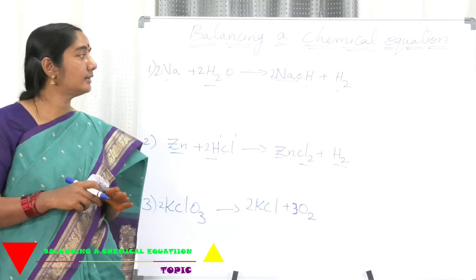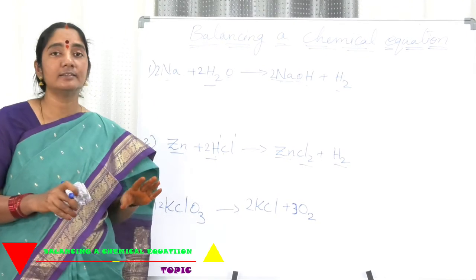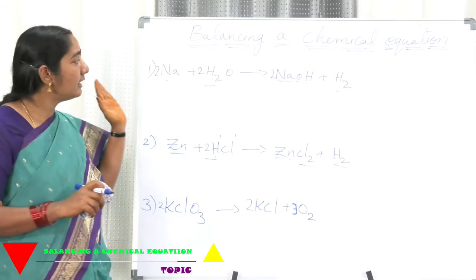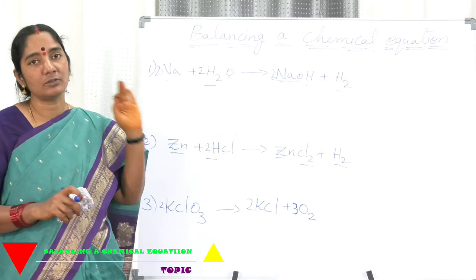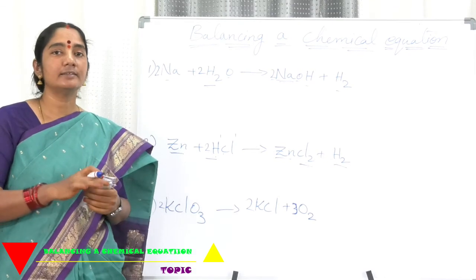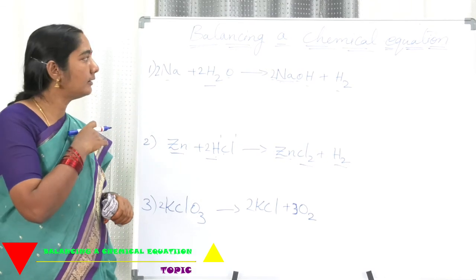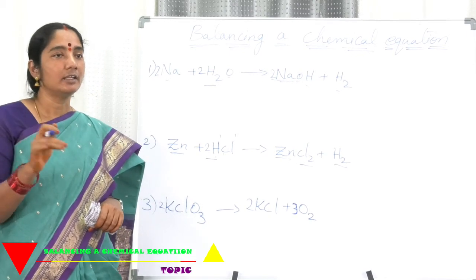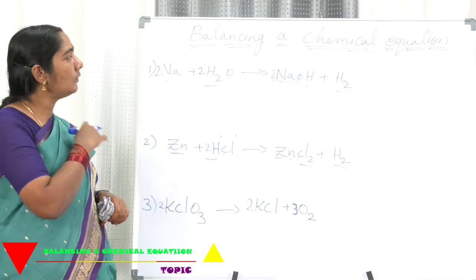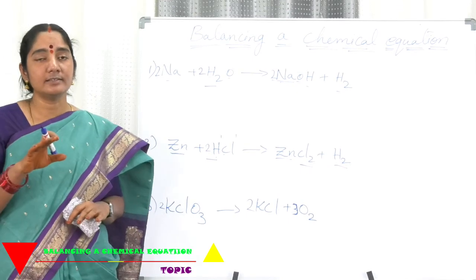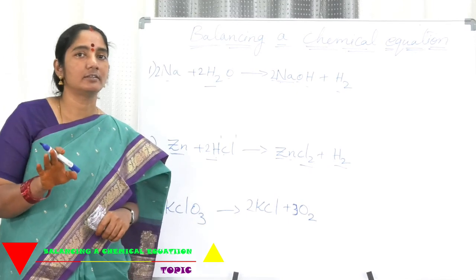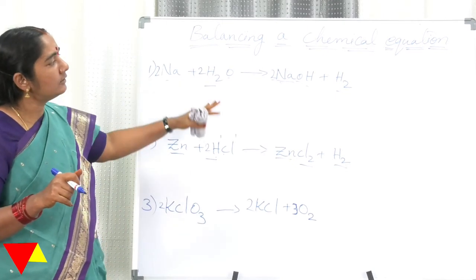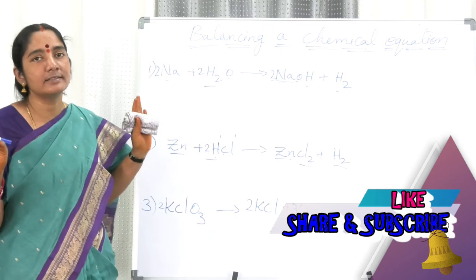So my dear friends, writing a chemical equation means you must try to follow all the rules, and the final equation must be a balanced equation. If you write a balanced equation, then you are absolutely correct. If you write any equation and don't balance it, your answer is the wrong answer. So please take at least many examples and try to balance in every case.